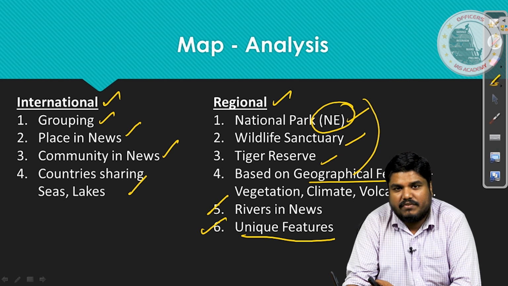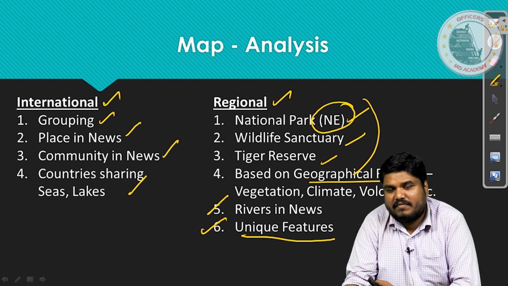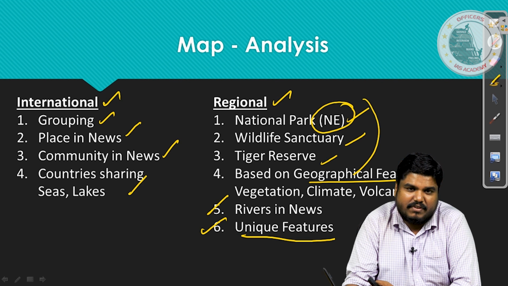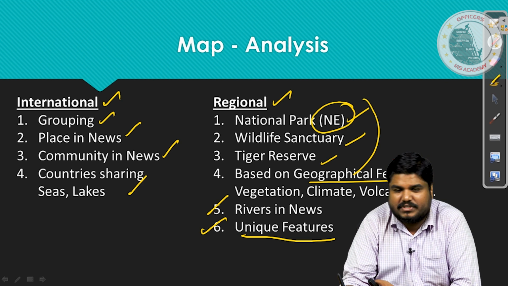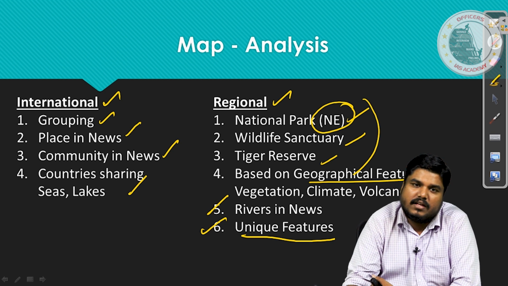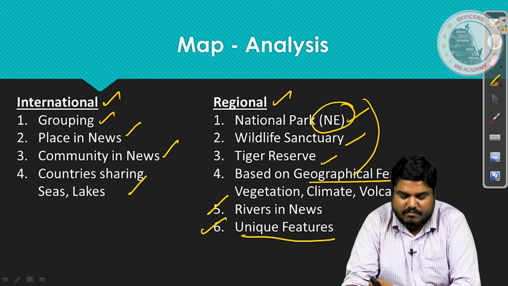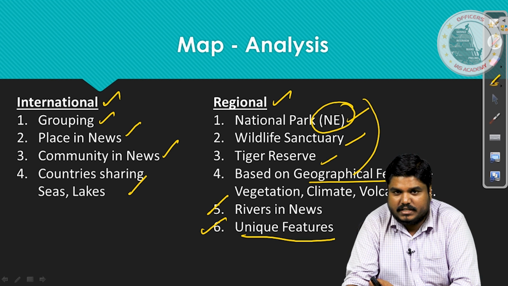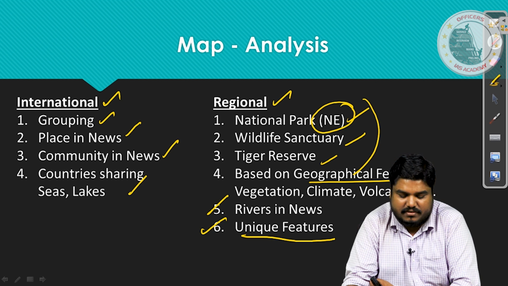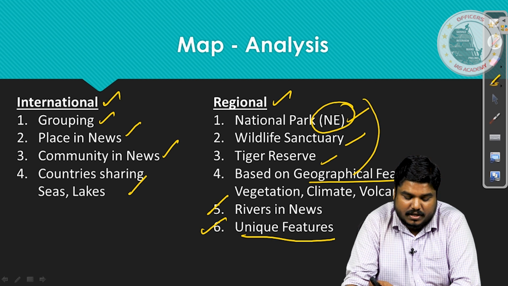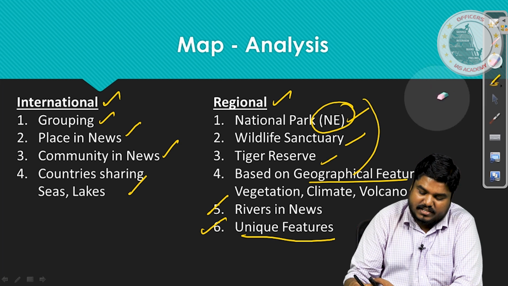Or sometimes they will give you the climatic condition, the vegetation kind, or any geographical feature, and they will give you 4 national parks, and you have to find which national park suits the above description. These kinds of questions can be asked. So, here we need stronger geographical basics, because geography and these national parks, wildlife sanctuaries, tiger reserves, their locations will be connected. Without the geography basics, it will become difficult for you to answer these regional map